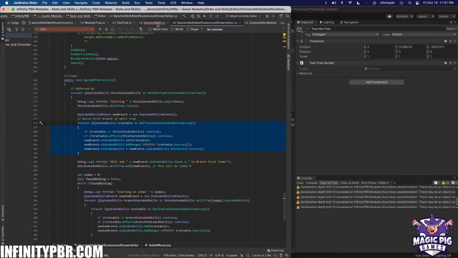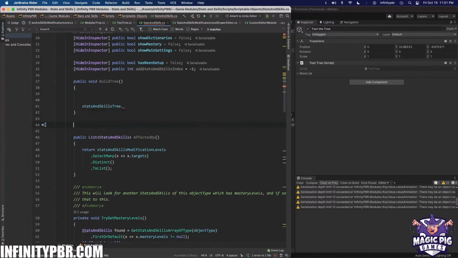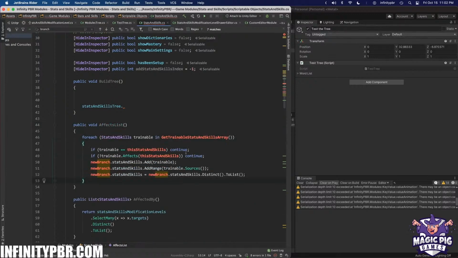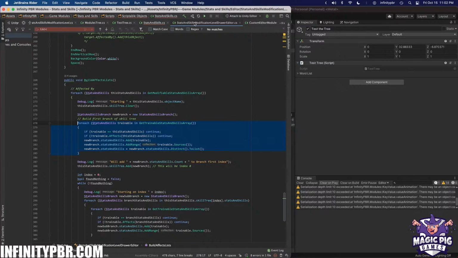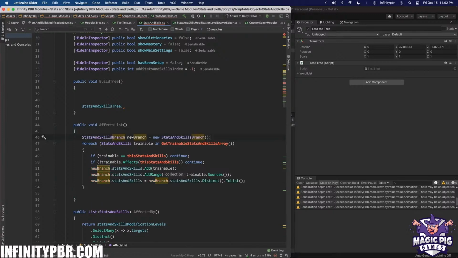It's basically this. Let me just copy this over and make a new method called public. It's not going to be void, but effects list, and it's not what we need. We don't need skill branch, new branch. We need